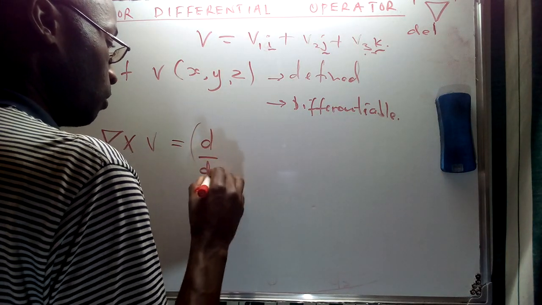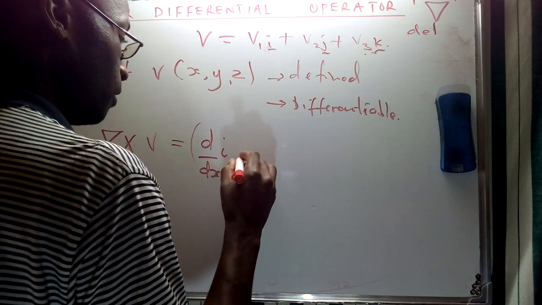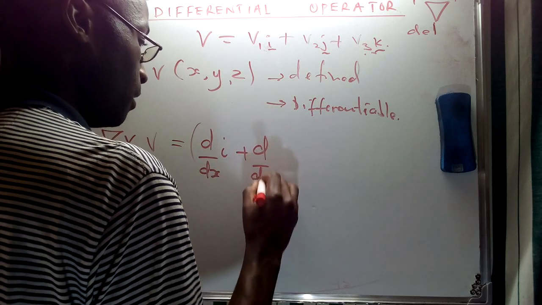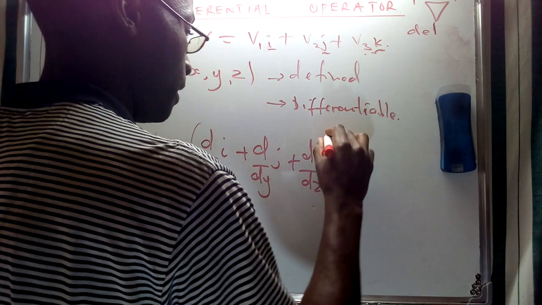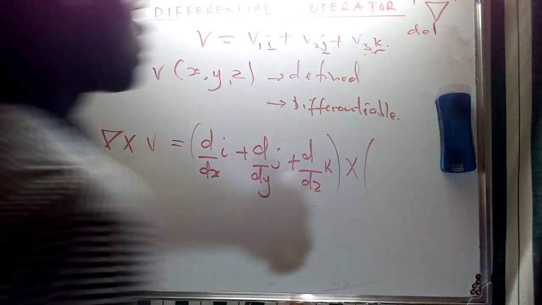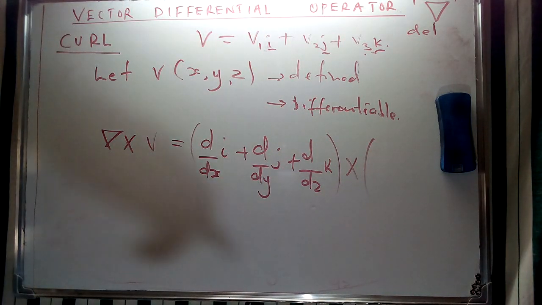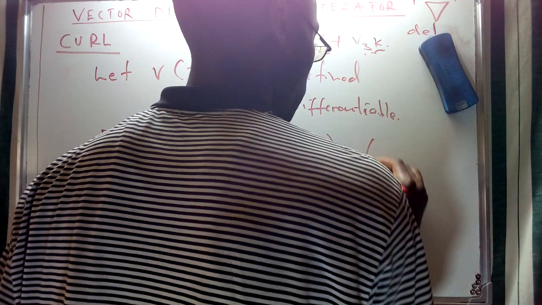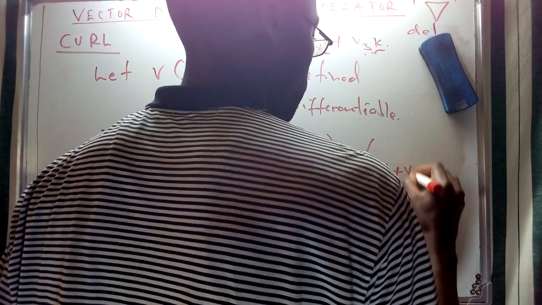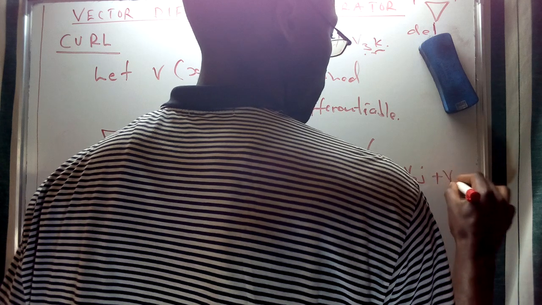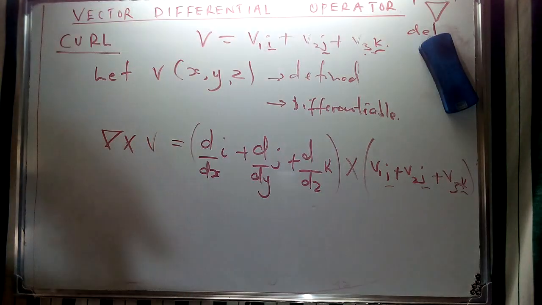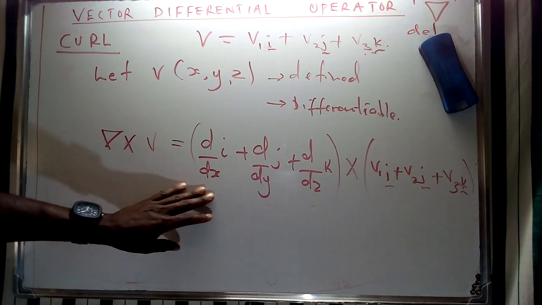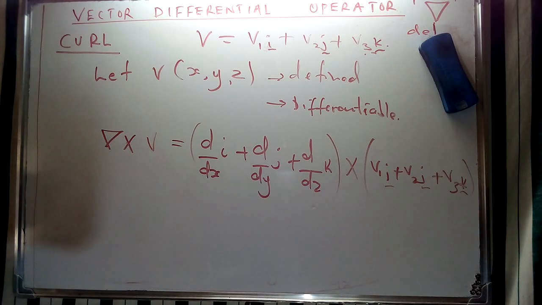As we said, this is going to be d over dx i plus d over dy j plus d over dz k, and this is going to be combined with these specific components of v, where we're going to have v1 i plus v2 j plus v3 k, whereby these ones are vectors. So therefore, from the basic algebra of this specific part,